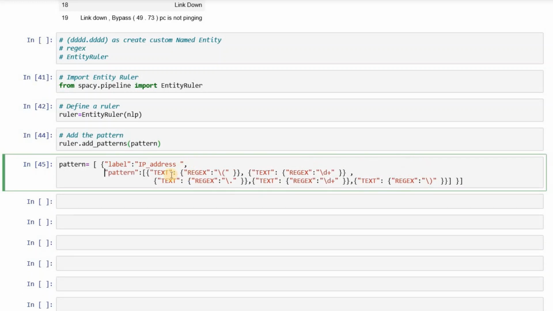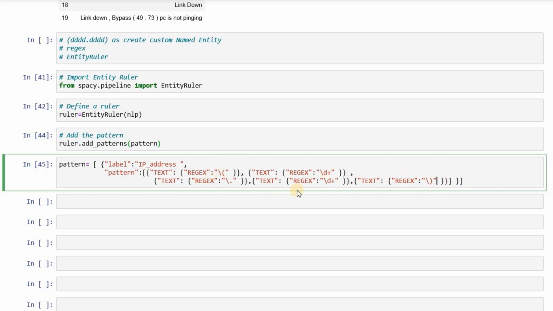This is the regular expression pattern that I am going to pass, that says match a text that has a front slash, an opening parenthesis, then digits, where a plus sign means one or more digits, then a dot, then again digits, and a closing parenthesis.